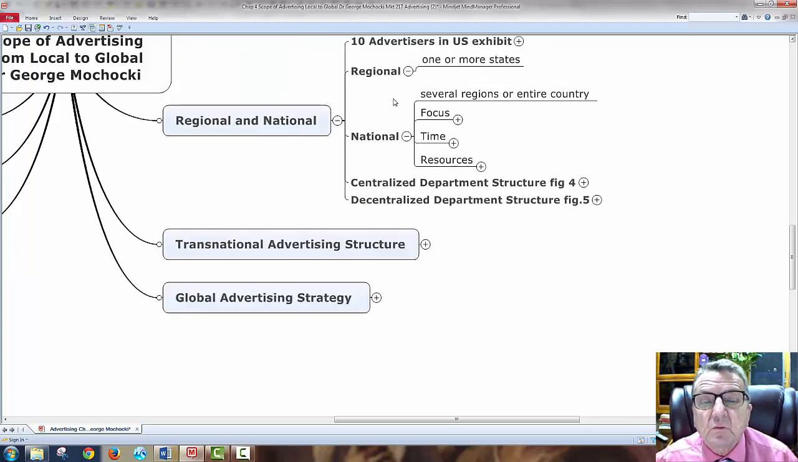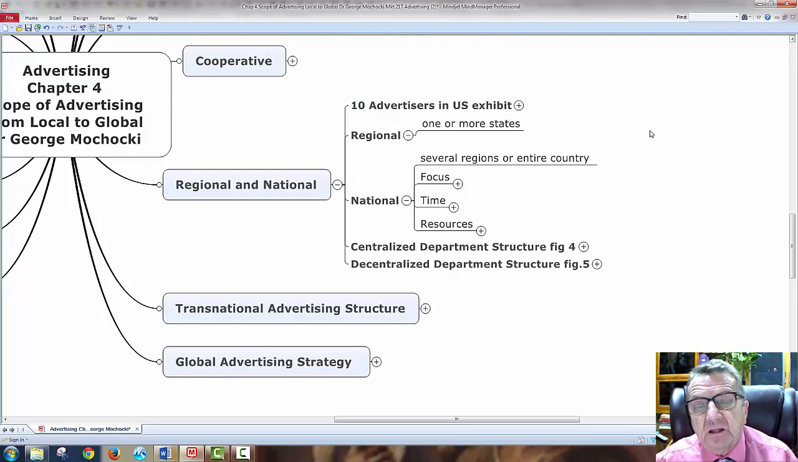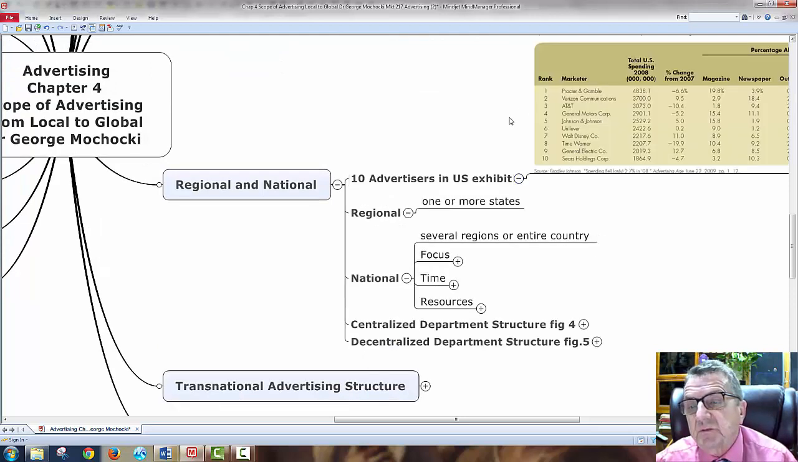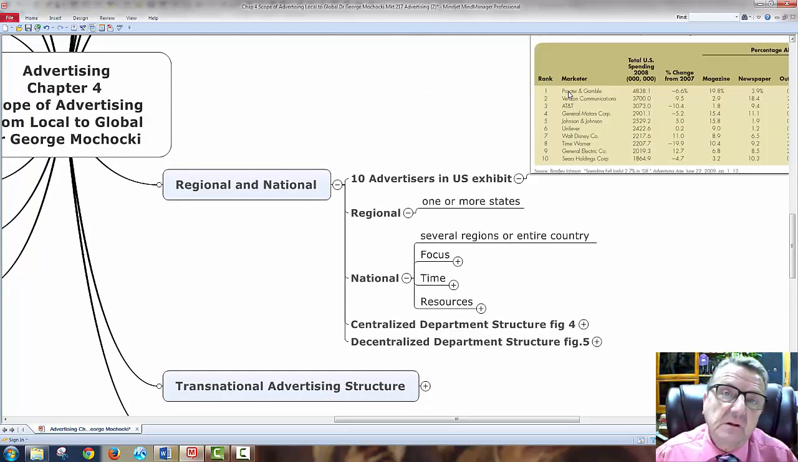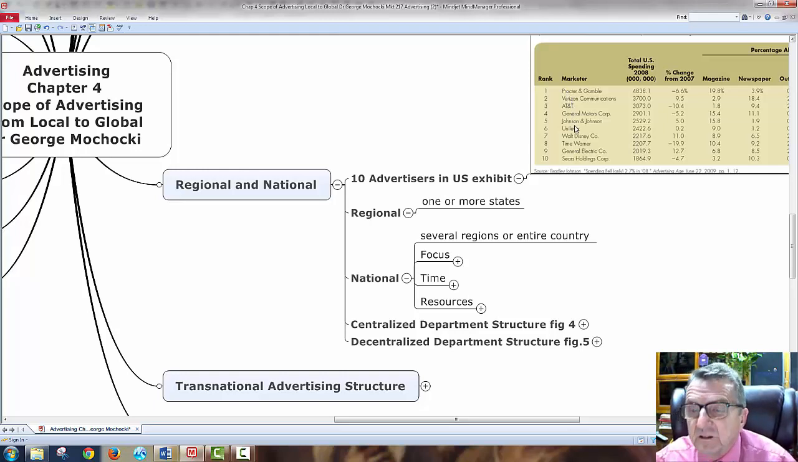Okay, now when we look at regional and national advertisers, here are the top 10 advertisers in the U.S. These are the big ones, and when I look at regional, they may be in the southern region or the Midwest region, but they also advertise regionally, and they take a national ad and fine-tune it for the region. So they will have a national ad that is the big umbrella, and then they fine-tune it for the smaller areas. And you see Procter and Gamble does that, Verizon, AT&T, General Motors, Walt Disney, Time Warner, and a